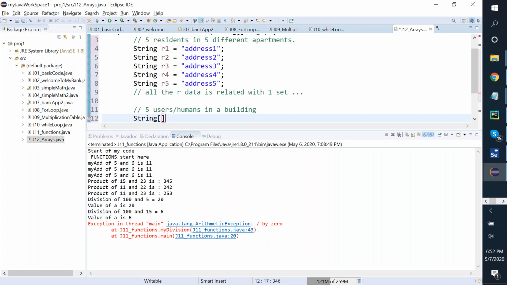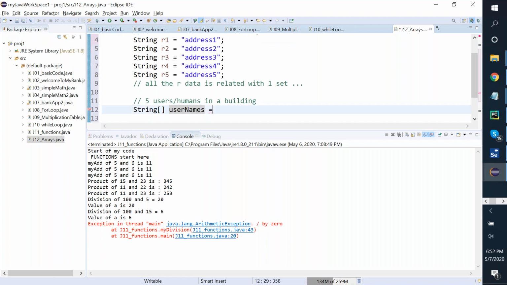So when I say an array in Java, team, I need to mention very clearly that it's got one pair of square brackets, open and closed, and I'll give it the name. I'll say String, of R, or let us say user